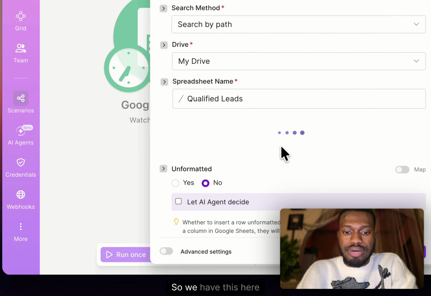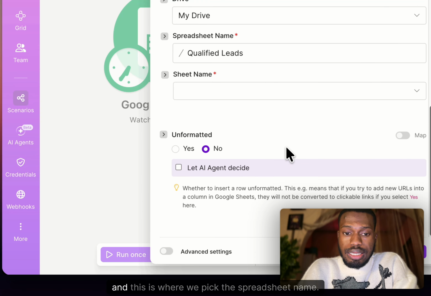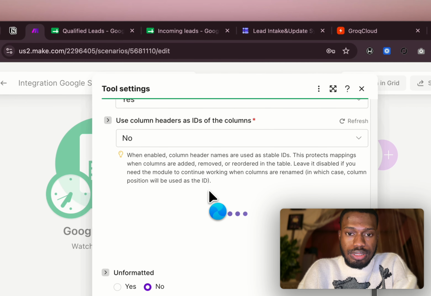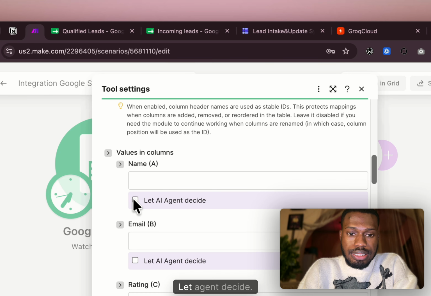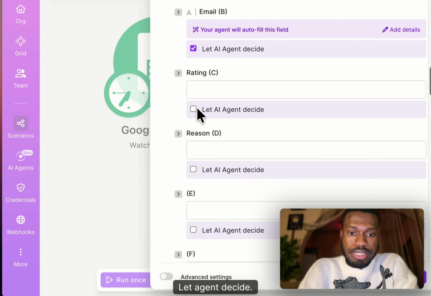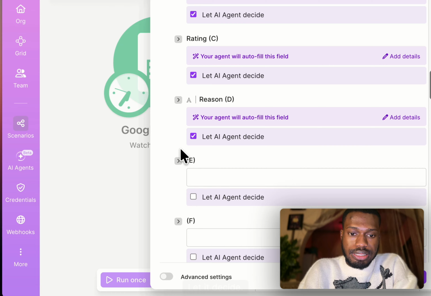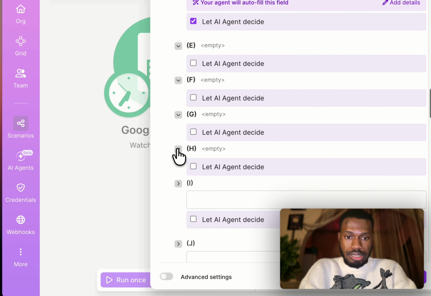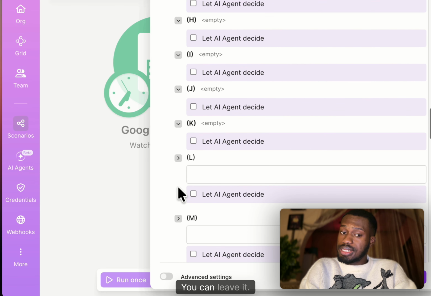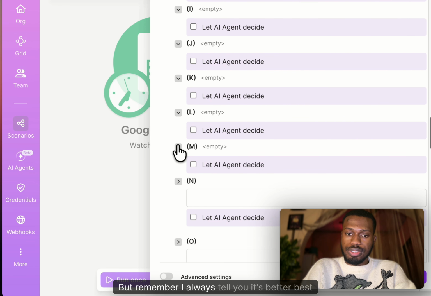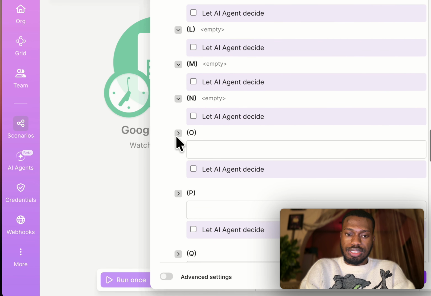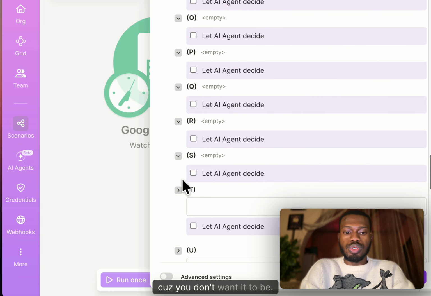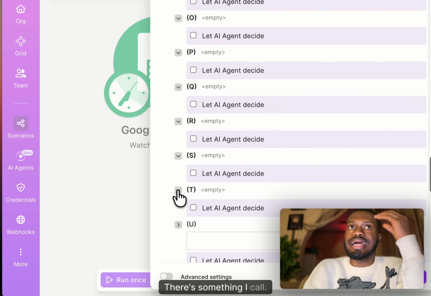And leads. So we have it here, and this is where we pick the spreadsheet name. Yes, it has one. Let the agent decide, let it decide, and every single one of them here should just be empty. You can leave it, but remember, I always tell you it's best you cover every single one of them up, because you don't want there to be something I call,